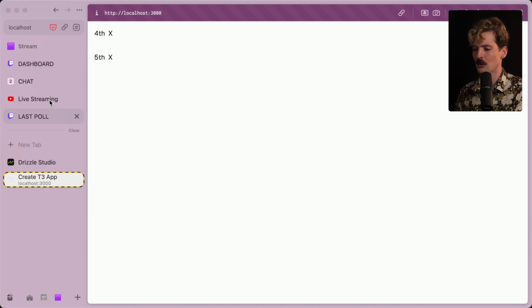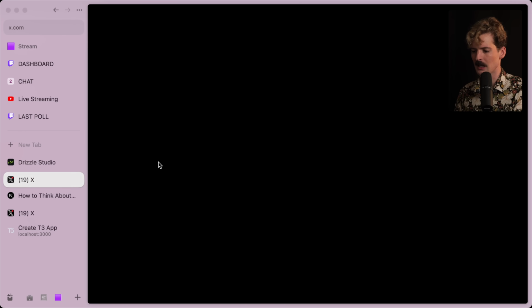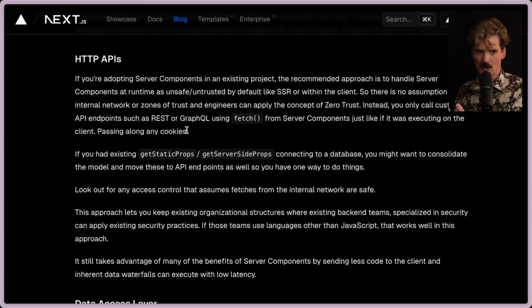And if you have an old API that you want to keep using that you're just not wanting to drop for any of many totally valid reasons, then we go back up here, HTTP APIs, totally a valid option too. You can do any and all of these. You can mix and match the parts. It's composable, it's unique, and it's awesome. I hope this helps clarify why I don't think these patterns are scary and what the future of this stuff looks like. The goal was never to write SQL in components. The goal was always to make our solutions composable so that we can solve problems how we want to in the ways that make the most sense for our applications.